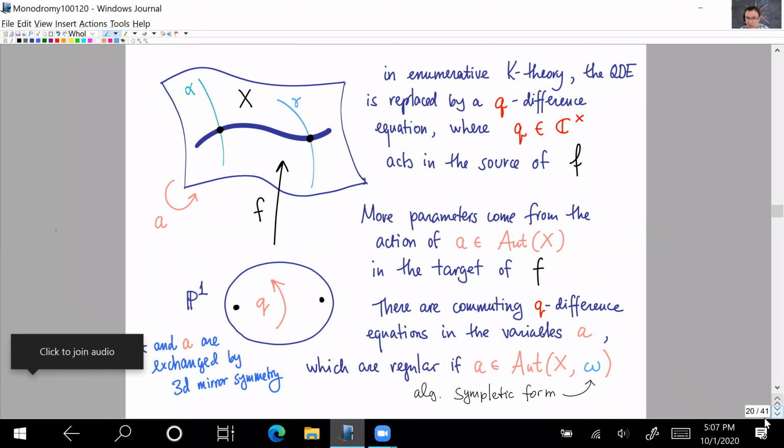So maybe I'll try to say it more clearly. You have some variety X, and its 3D mirror dual, some other variety X, maybe with a check. And each of them has these two Q difference connections, and the Q difference connection in the variable z, which is the curve counting variable in one, becomes the equivariant one in the other. The equivariant becomes curve counting, and that's one of the many aspects that this 3D mirror symmetry does. And maybe to have something concrete in mind, you can look at the simplest